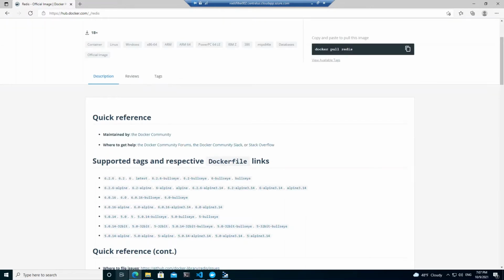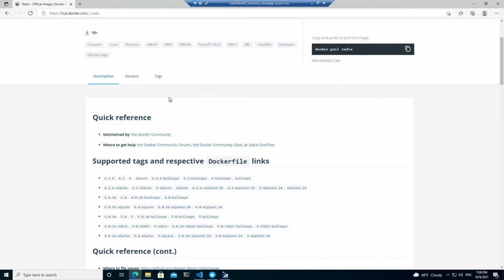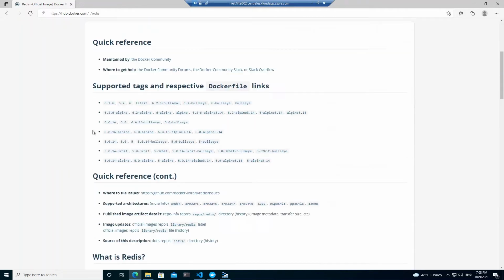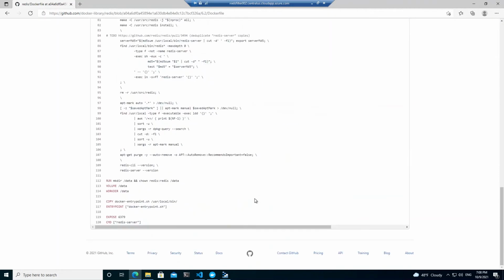And so what I've done then is to look at the ports that I need to expose, and so I've just used the latest. There's no tag, and usually what you can do is see supported tags with their respective Docker file links. If you don't see the port in here, what you can do is just go to the Docker file, is what I've done, and you can have a look down here and see what the Redis image was built with. This Docker file exposes the port 6379, and so